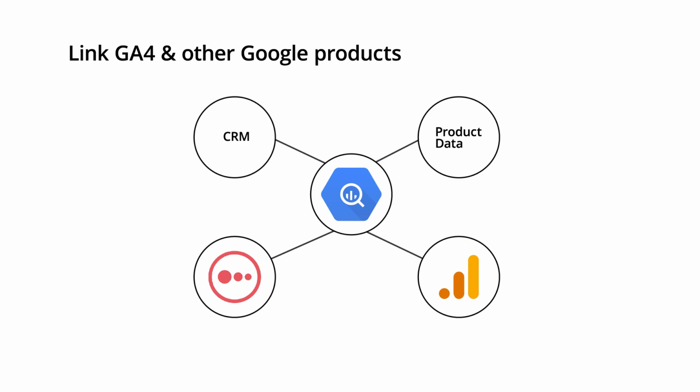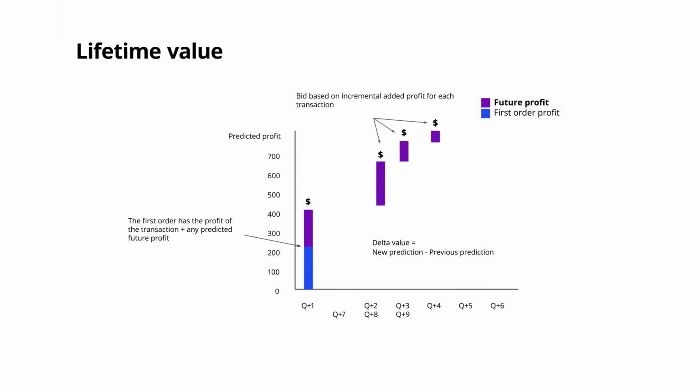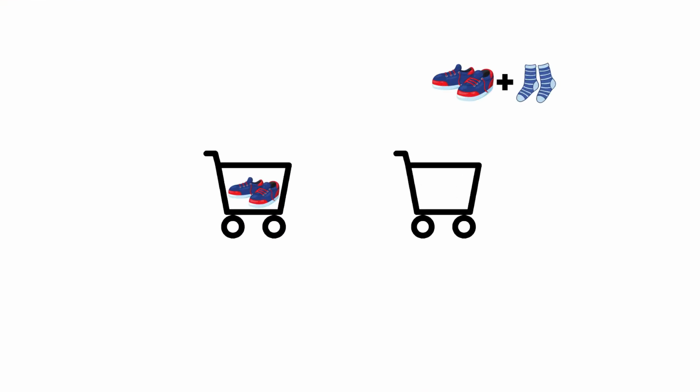Besides the standard data warehouse functions, BigQuery is also offering machine learning capabilities. So when you're not happy with the predictive metrics or the data-driven attribution model that Google provides you with, you can create your own. All you need is someone with some decent SQL skills. For example, you could create your own predictive customer lifetime value metric using the historical transaction data from your business system. Want to give users some more valuable product recommendations? No problem. Use the online signals from previous purchases to find products that are often bought by users with similar